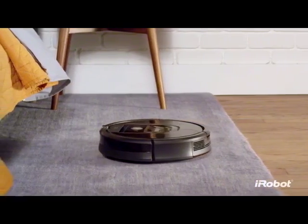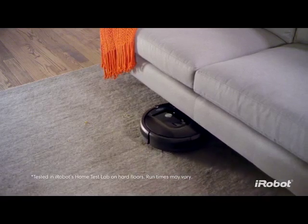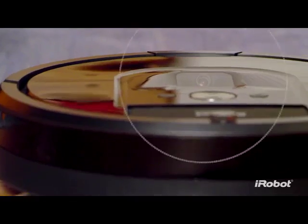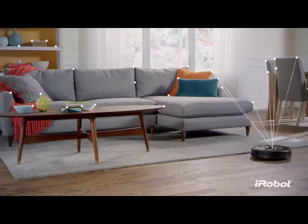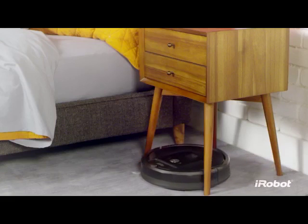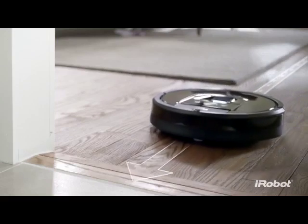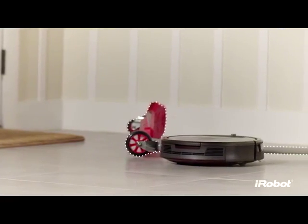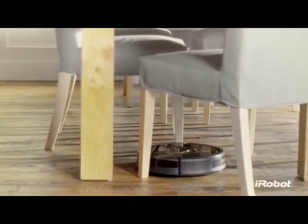Working non-stop for up to 2 hours, recharging and continuing automatically if necessary until your home is beautifully clean. A full suite of sensors and a visual localization system help the Roomba 980 map your home as it cleans, so it always knows exactly where it is, where it's been, and where it needs to go next. Unlike other vacuum cleaning robots, the Roomba is designed for real homes, inspired by the experiences of over 13 million